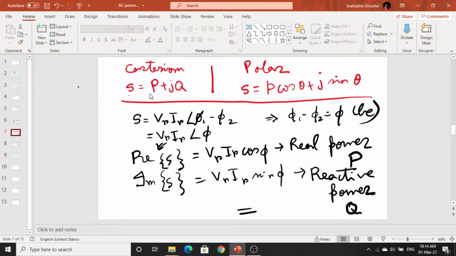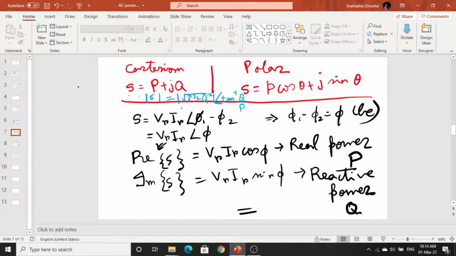So in magnitude terms, this is the Cartesian format. In magnitude format, this will be root over P square plus Q square, with an angle tan inverse Q by P,